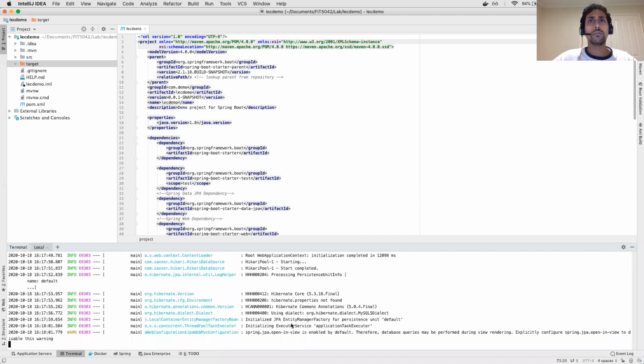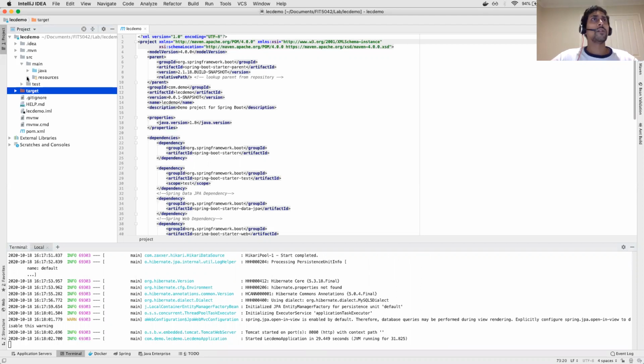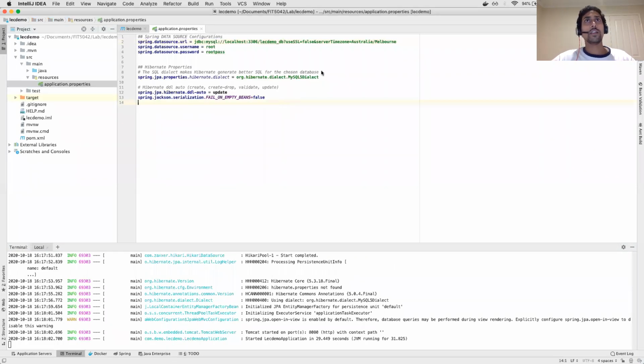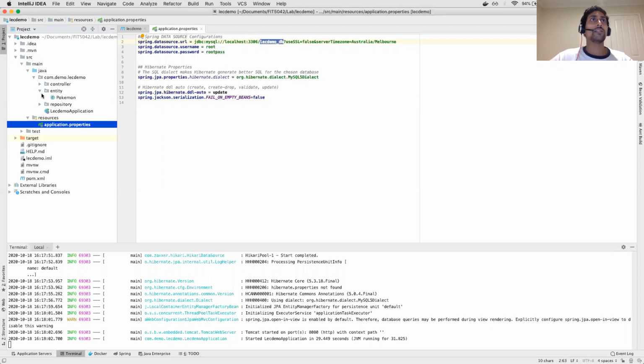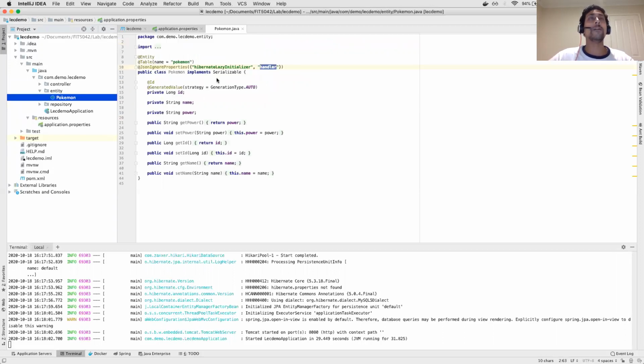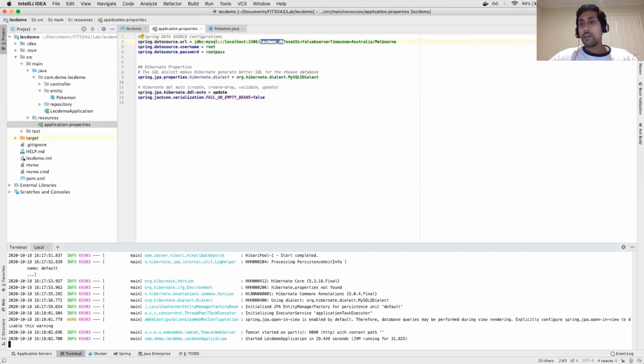Right. So now leg demo application is up and ready. And we should be able to test our APIs now. I don't have a persistence.xml. All I have is application.properties. And this is the schema name. And I don't have to specify all the mappings. I just have specified them in here. So Hibernate knows about it. Right. So if I start my application,